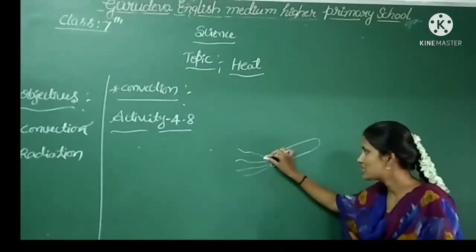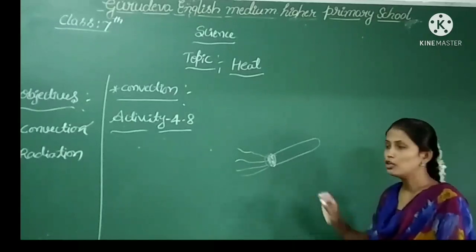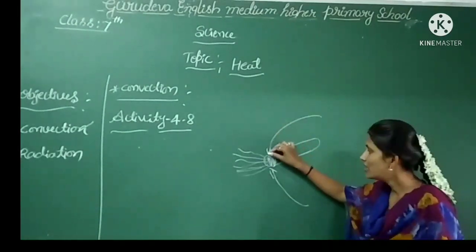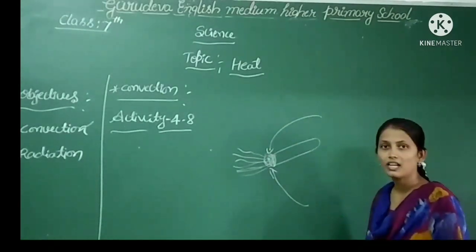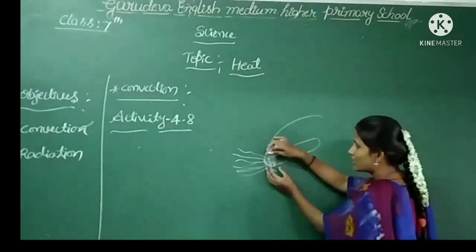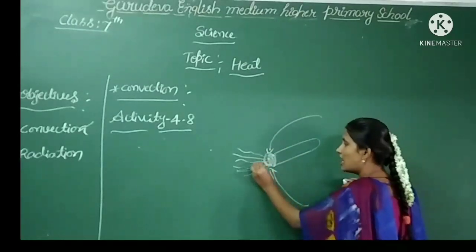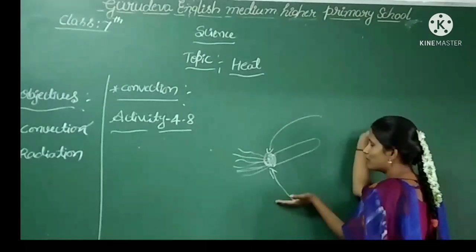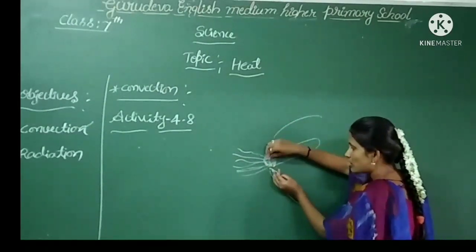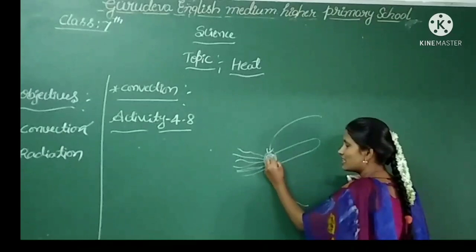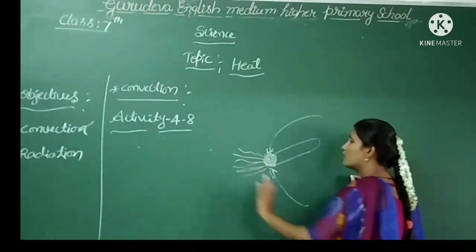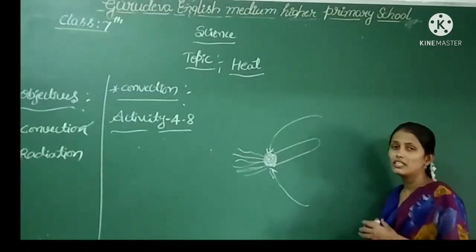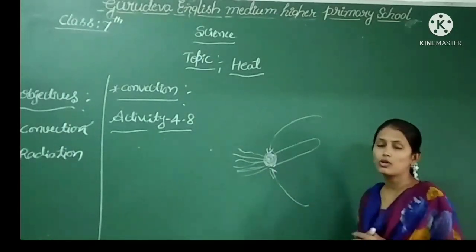Then this place will become an empty space. To cover this empty space, the air from the other side will move to cover this area. Later, this air also will absorb this heat energy and rise up. Later again, the cool air from the sides will enter toward the heat source. By absorbing this heat energy, again the air moves up. In this manner, the heat is transferred through the air. Let us understand this by seeing a video.